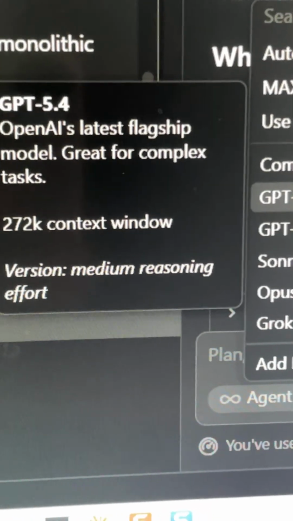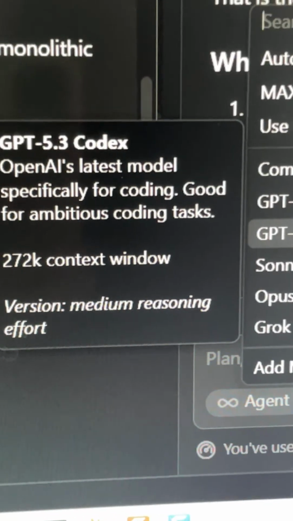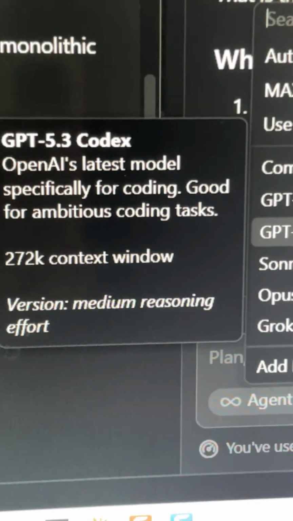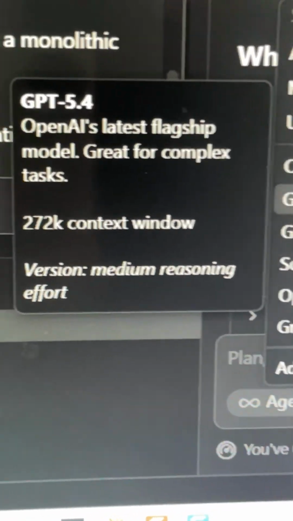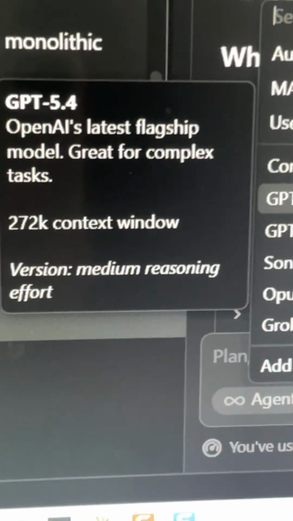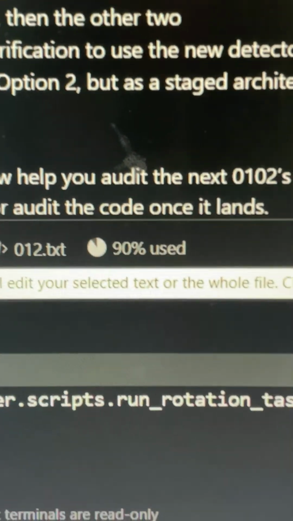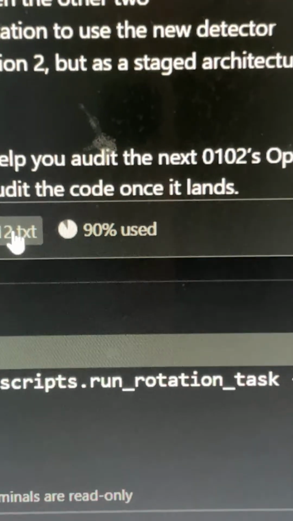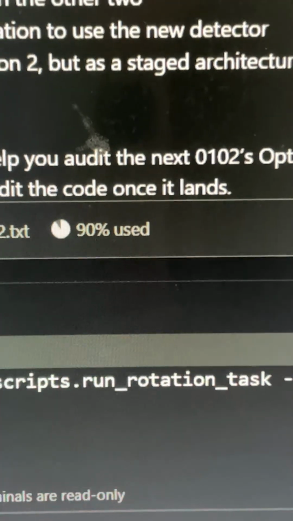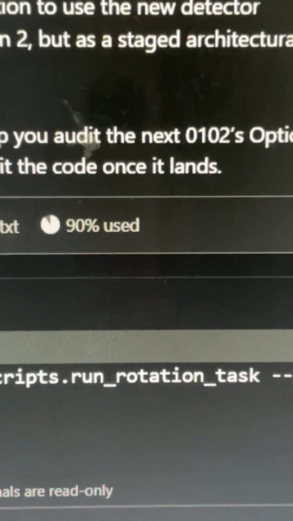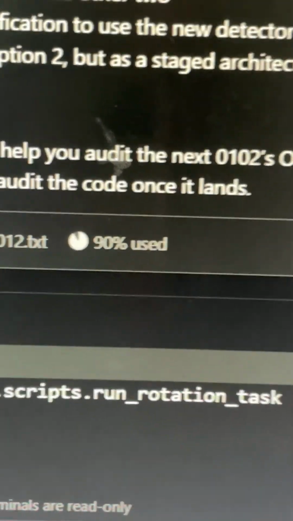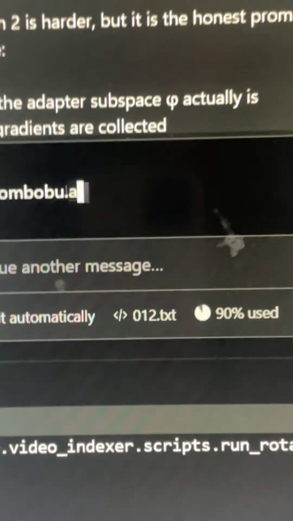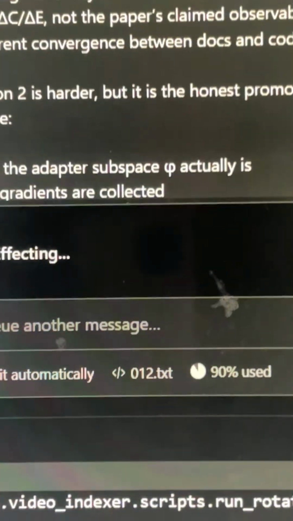They're the same models. One is just trained on code, so it's Codex. The other one is trained on that. All right, so I use that. And then right here, I'm using, I don't know why that's in there. Not seeing the model. It's weird, I don't see the model in here.